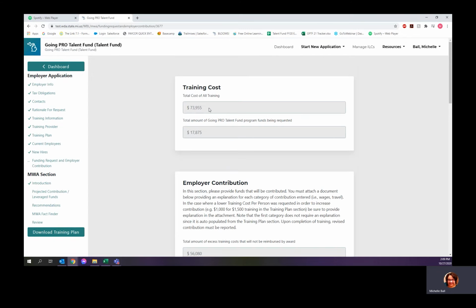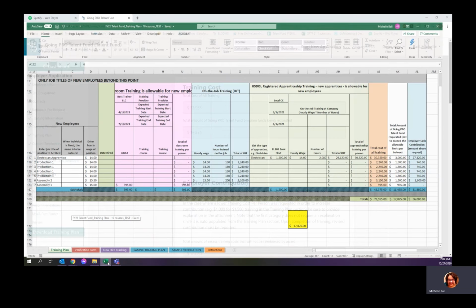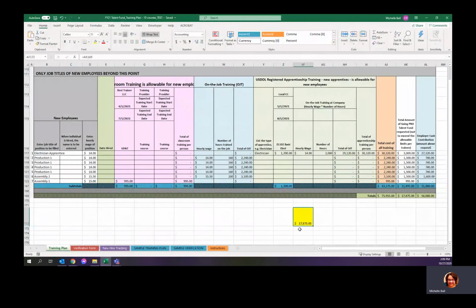And this is going to be the total cost of all training that has been entered on the training plan. The total amount of Going Pro Talent Fund program funds being requested is $17,875, which tracks exactly to the amount on your training plan. I do have some columns hidden here, but it's nothing that we're terribly missing out on. I just wanted to make you aware of it. So $17,875,